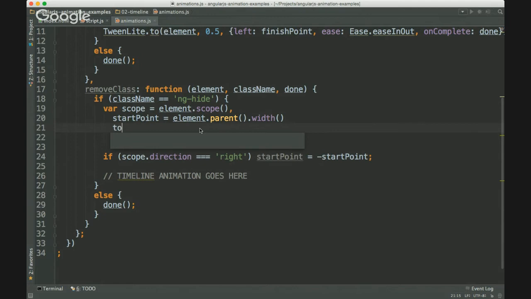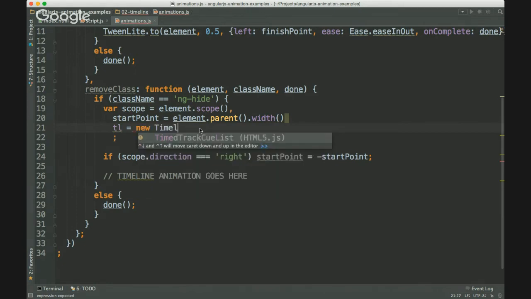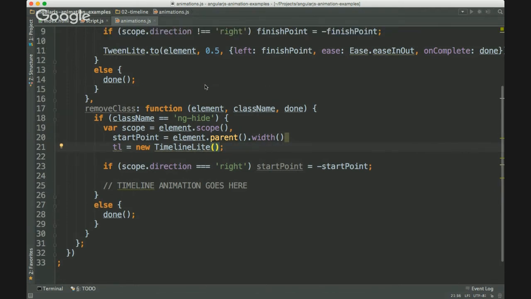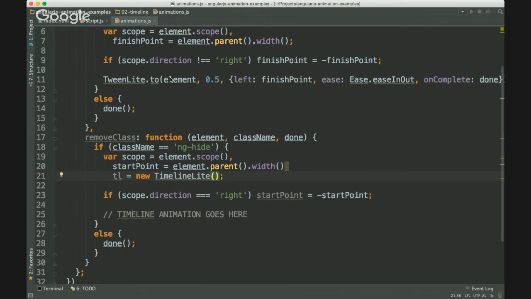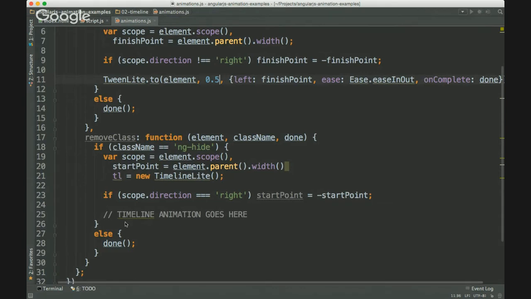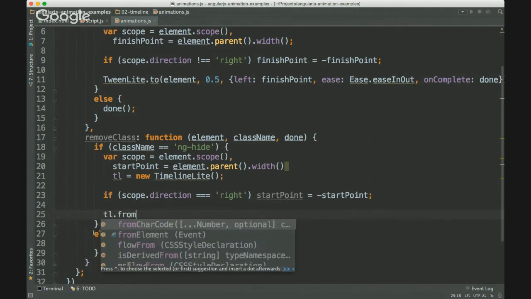The first thing that we're going to do is instantiate a new instance of TimelineLite. Okay. So now that this is here, and also just real quick, pay attention to the syntax here. It's basically the element that you want to animate, the duration, and then you have this animation object. From here, the syntax is very, very similar. So we're going to go from to